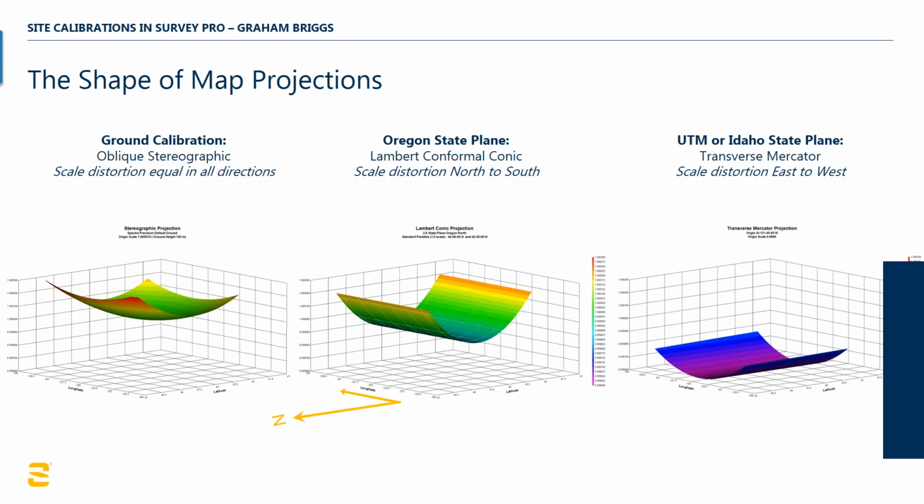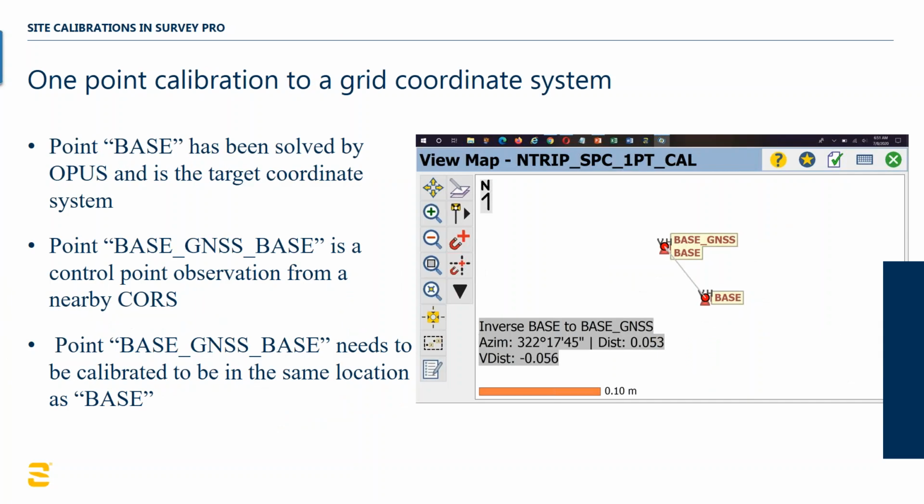Okay, so I want to illustrate this example in the following. The point here that you see that's called base was a submission that I sent to Opus, and it's the coordinate system I consider to be the coordinate system of the country. And yet when I get corrections from a nearby base station, I have this delta. There's a 10 centimeter difference or an 8 centimeter difference between these two, and I need to reconcile them. Now, the Opus solution,